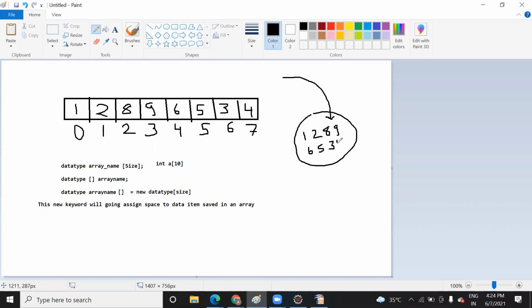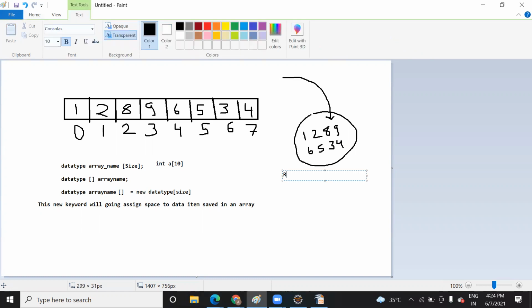Yeah, okay, I got it. But in C programming, what we used to do is first scan the value of n, that will be our size, and then put the data type and then the name of the array, and in the subscript we put the size. But in Java, if we do that, it will throw an error.